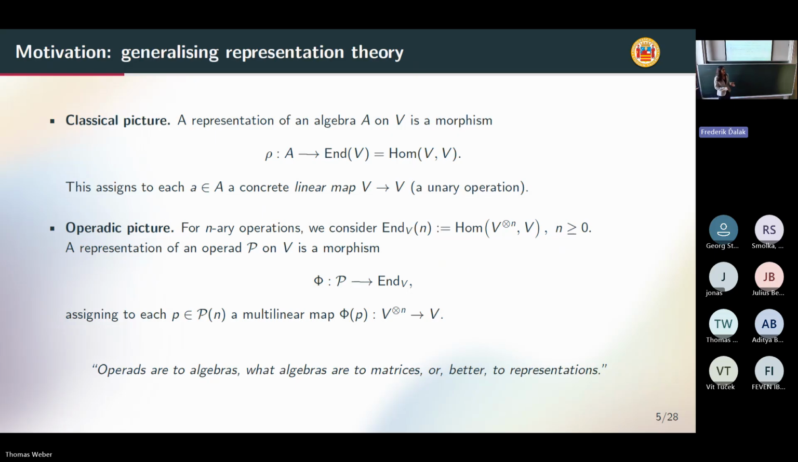But that's the key point. End V only contains unary operations, so with one input and one output. What if, for example, you want to model a multilinear operation or a Lie bracket? Then you will need another target. Then you have to consider the whole family of multilinear maps from V tensor n to B, which is not